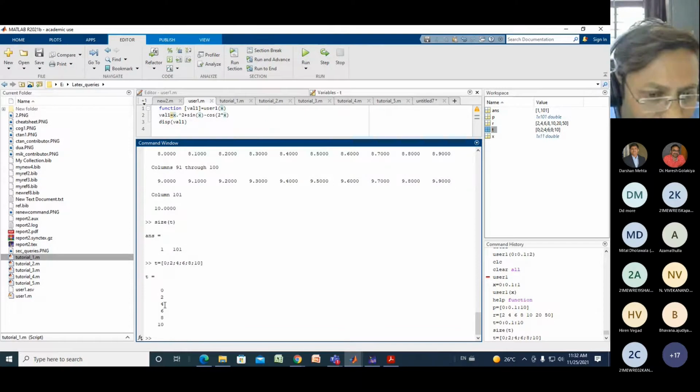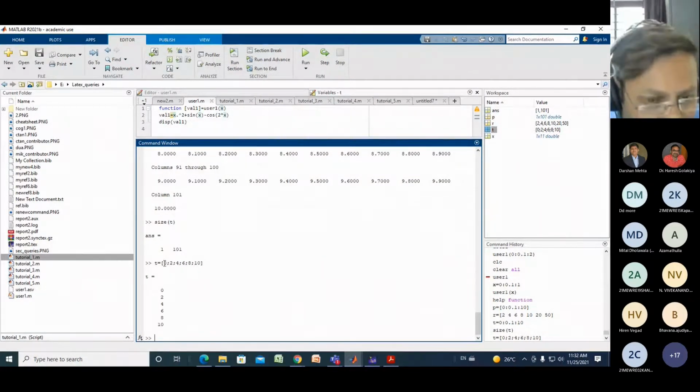There is 1, 2, 3, 4, 5, 6. There are 6 rows, but a single column. So here you can write 2 and the row. For example, the end of a row is represented by this semicolon. If you put the semicolon, MATLAB will automatically understand it's the end of a row.